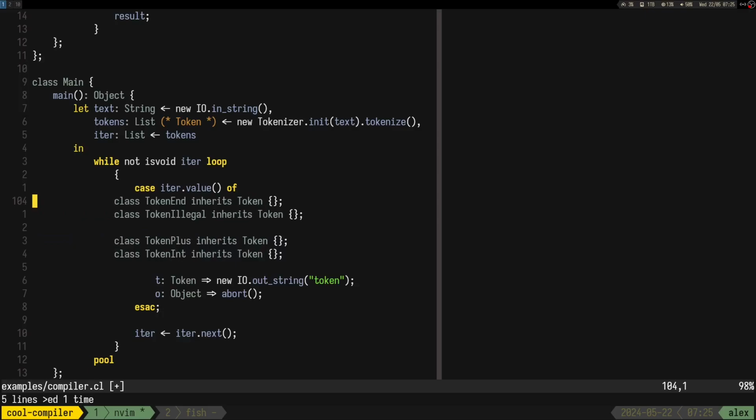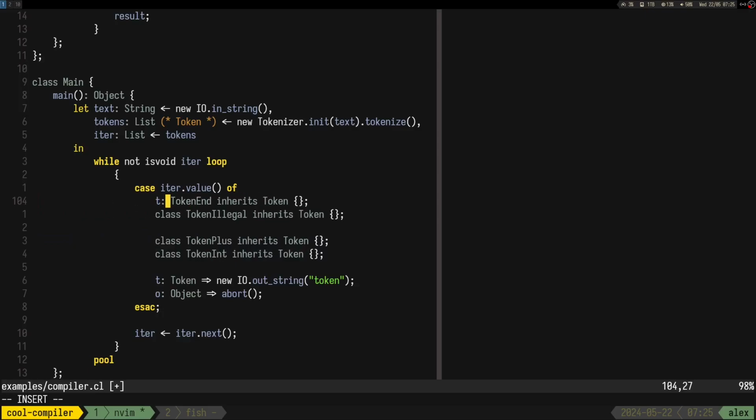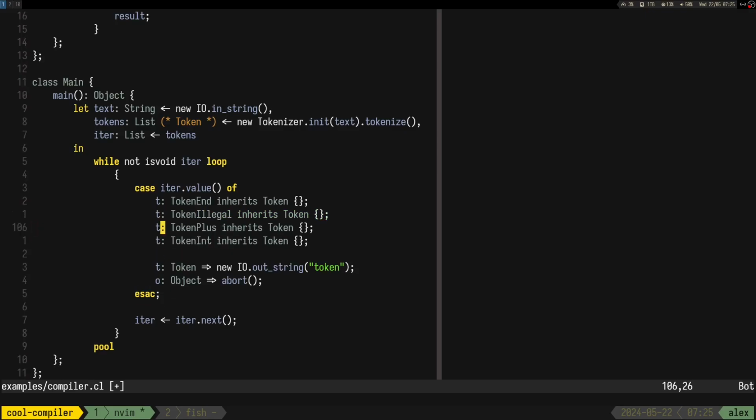Okay, let me try to do it like this. Oh my god. The fuck, VT?